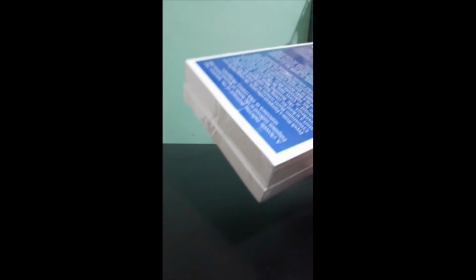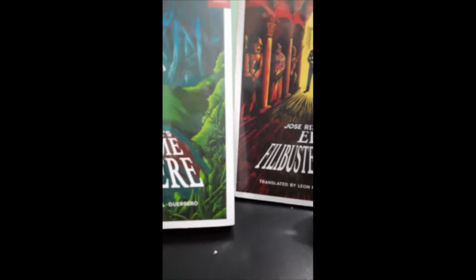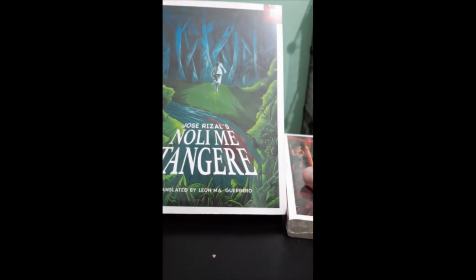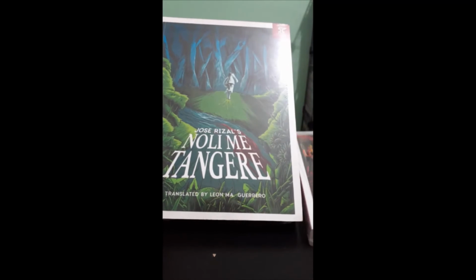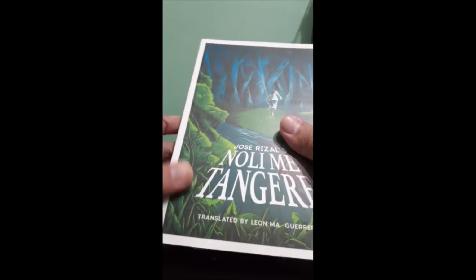Okay, we already freed the book. The first book, the second book. Let's save this one. So the first two, Noli Me Tangere and El Filibusterismo, again by Dr. Jose Rizal. So I already have this translation of this book, of this novel by Dr. Jose Rizal, a Tagalog translation and an English translation by, I think it's Locsin, but I bought this